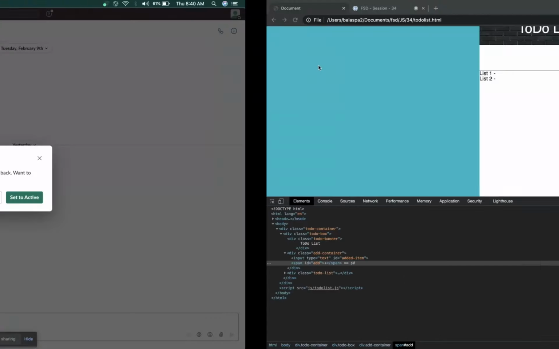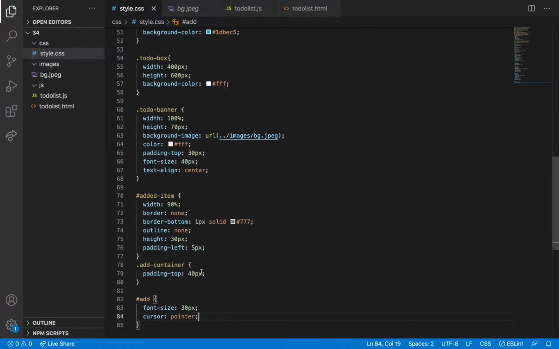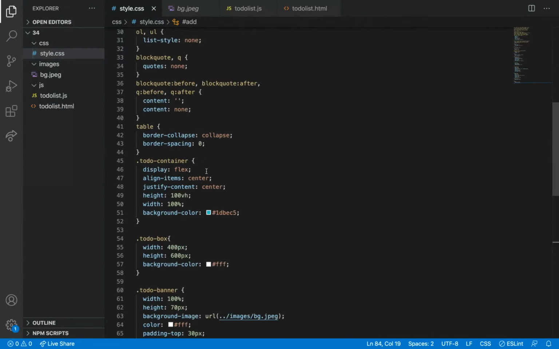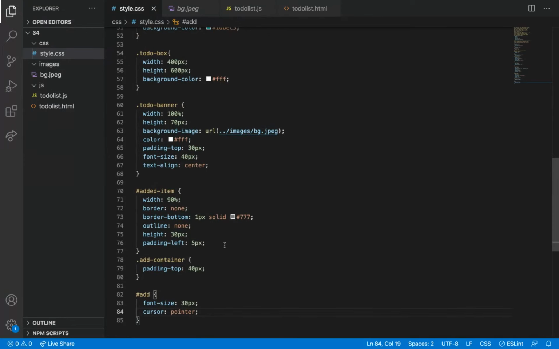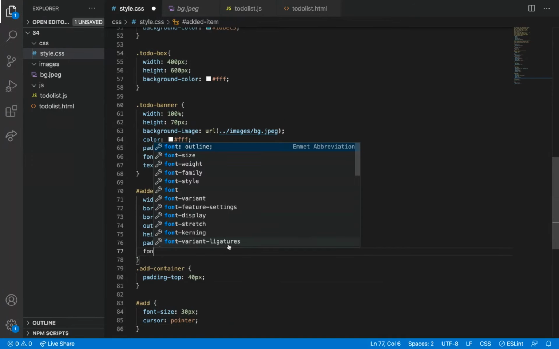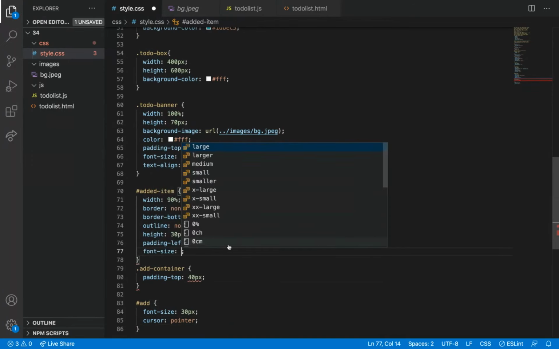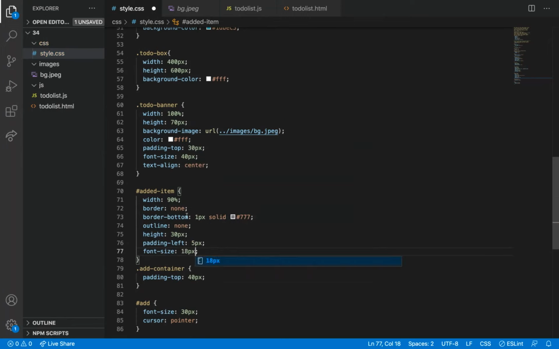Okay, and then I'm going to add the font size of input also. This is the input tag, I think. Font size 18 pixel, and then let me reduce the height.